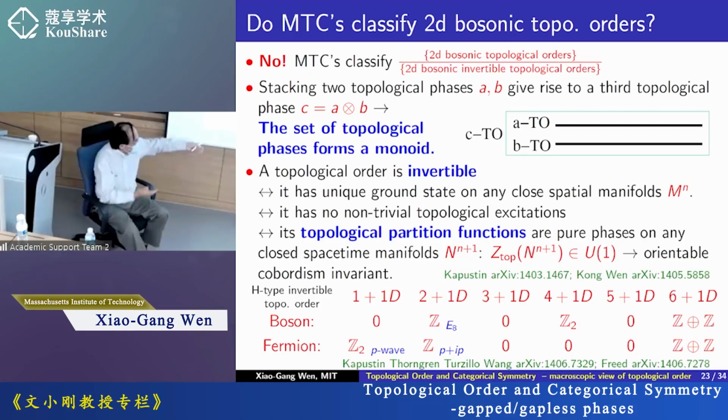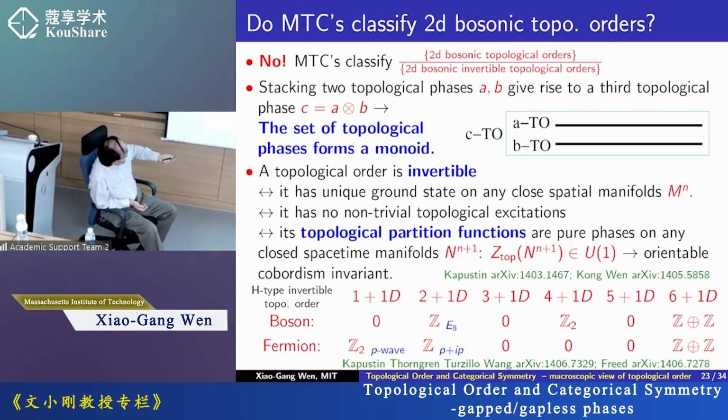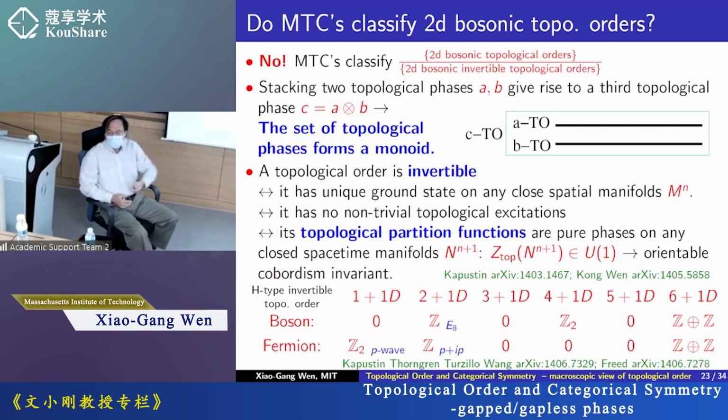It's just a name, so I won't go into the detail here. The invertible topological orders have a classification. In 2+1 dimensions, we have a Z class, just the stacking of E8 quantum Hall states. For fermionic ones, stacking p+ip superconductors gives us a Z class of fermionic topological order,